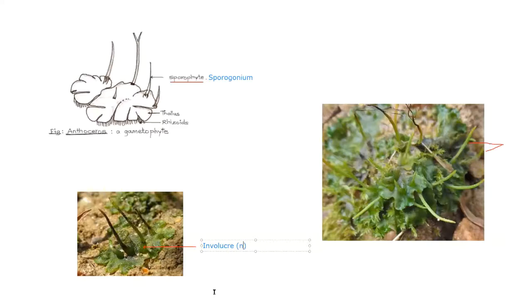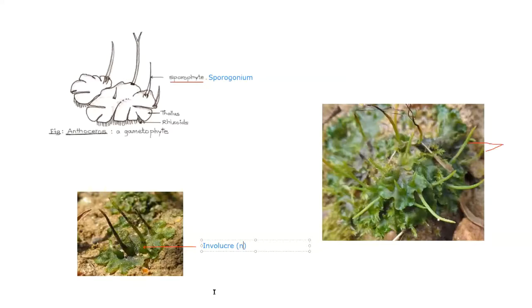As far as the sporophyte is concerned, it is basically divided into three regions. There is a foot, there is an intercalary region, and then there is a capsule. Seta is absent over here, but there is an intercalary region. The capsule forms the major part of the sporogonium, which is a long, slender, cylindrical, and upright structure. The capsule is capable of unlimited growth because of the presence of a meristematic region below it.